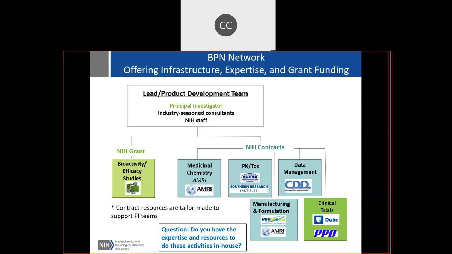We have drug manufacturing formulation, so the ability to scale up material and do GMP synthesis, good manufacturing process, to get material for the clinic. And formulation, typically we're aiming for, if it's an oral drug, a simple formulation. If it's an IV, then it becomes a little more sterile finish type activities. Ultimately, we want to go to the clinic, and we have a couple clinical contractors that can do first-in-human studies in phase 1.